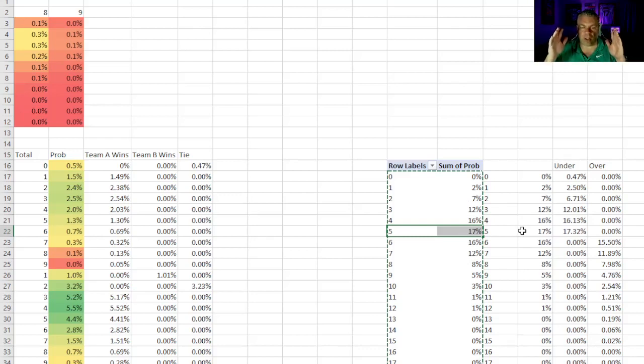The bulk of the probability of score is going to be somewhere between 4 and 6, and of course even more so between 3 and 7. So that's pretty typical of what a game would look like in a projected 5.5 goal type of scenario. So we've got that. We've got our cumulative